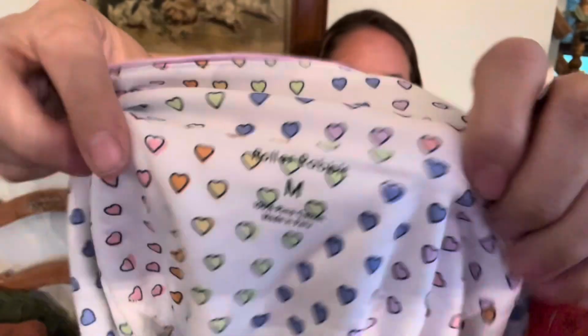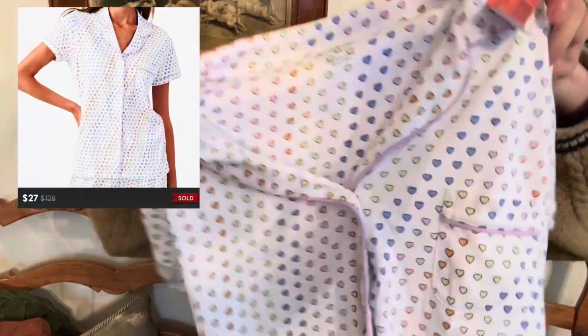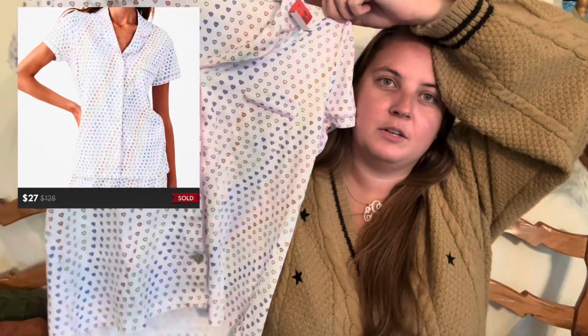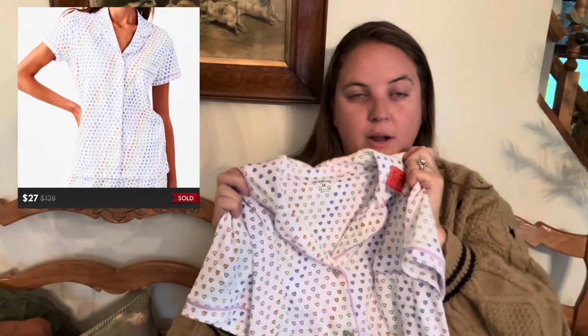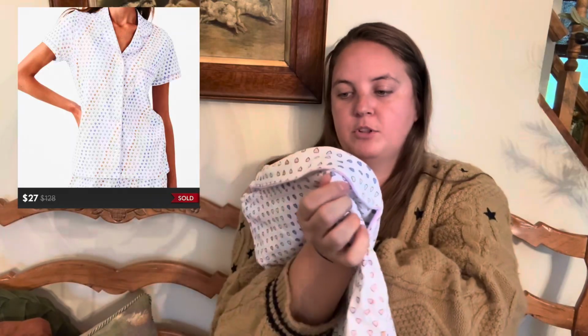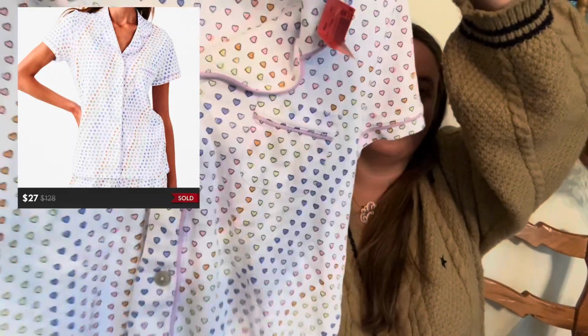This is Roller Rabbit, which is a very popular pajama brand. And I only found the short sleeve shirt, but I still will probably try and list this for about 25 to 30. And I only paid $2 for it. So reminder to always check the pajama aisle. Another thing I found in the pajama aisle too